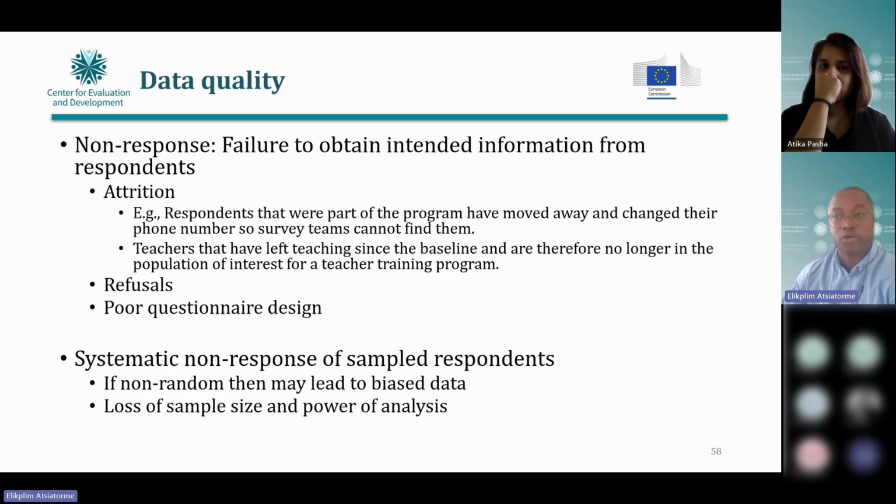And the chances also that you'd have high refusals based on how you have poorly designed the questionnaire can affect the quality of your data, mainly because you would have a high non-response rate. And also, if the non-response is non-random, then it may lead to bias, which means that it's not going to be representative if the non-response is not across the population in the same way. For example, within beneficiaries and non-beneficiaries, if it's the same way, then it's not a problem. But if it's different, that you reach more of the treatment group than the control group, then it will be a problem